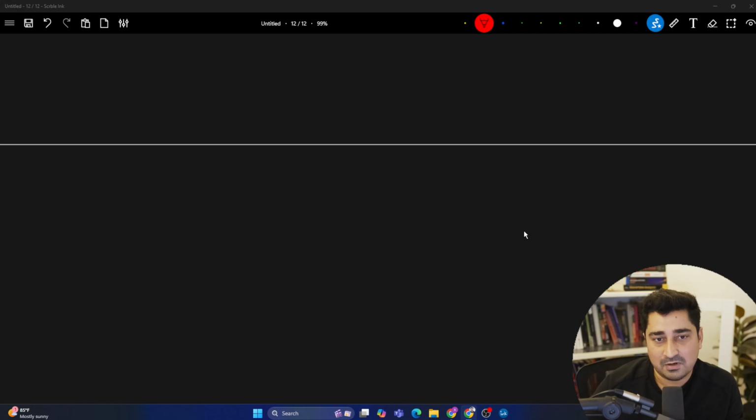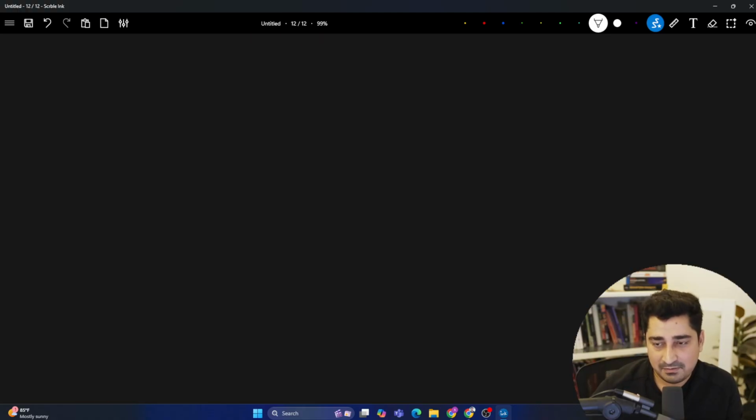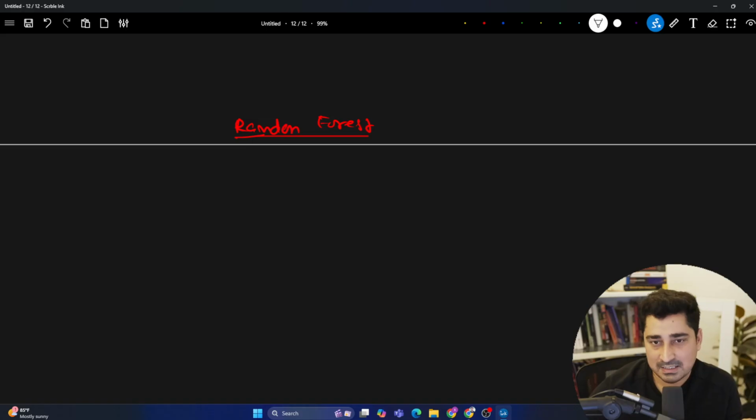So there is an algorithm called random forest. Basically, random forest is nothing but an extension of the decision tree that we have discussed. Again, it's used for classification as well as for regression. Now, what is the meaning of a random forest? Basically, random forest is called